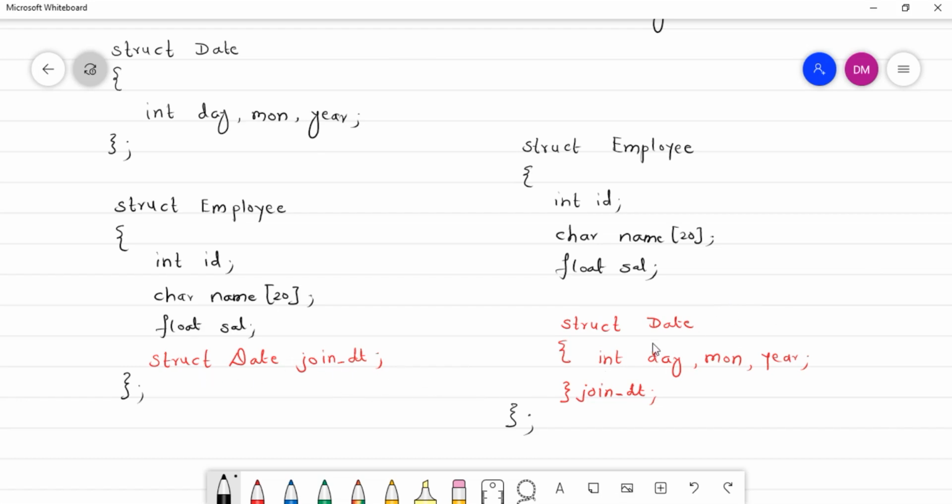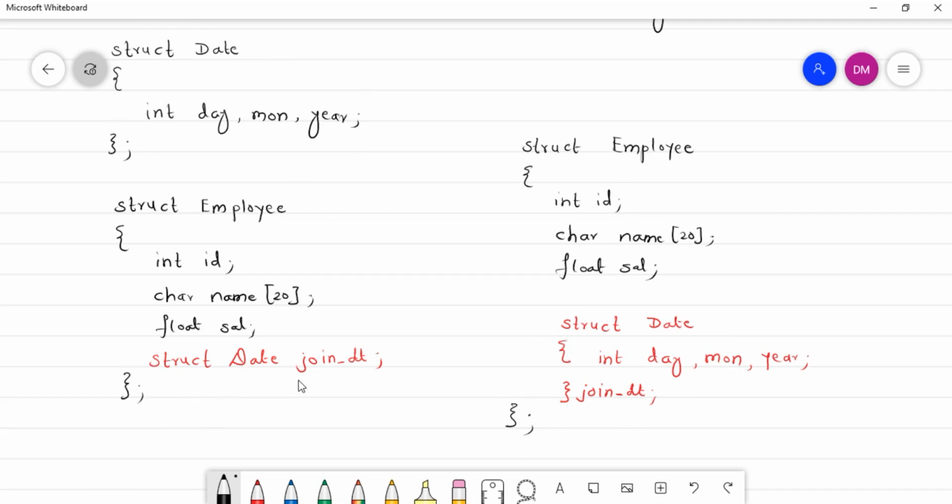So these are the two ways. Whenever you need to define a nested structure, what is the first way? You define the inner structure first and then your outer structure, and then you create a variable of it. And what is the other way? You can define this structure inside that structure. But what is the disadvantage of this? Now this is a kind of local structure. The scope of this structure applies to the employee only. But if you declare it outside, in that case it is available to your entire program.